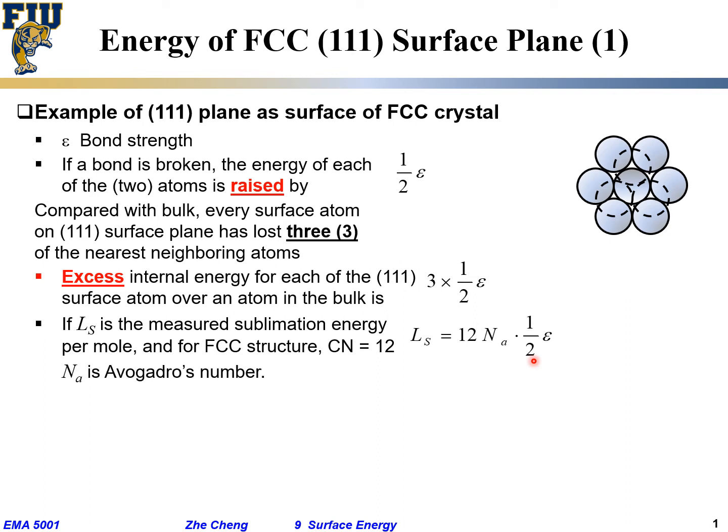What is Na? Quite often, Na would be our so-called Avogadro number, right? Avogadro number, 6.02 times 10 to the power of 23. And this sublimation energy quite often means per mole of this metal. Let's say we have Na for 1 mole. How many atoms do I have? Na, right? For 1 mole of this metal, I have Na number of atoms. And for each atom, how many neighbors does it lose once it goes from crystal to individual atom gas? 12, right? Because